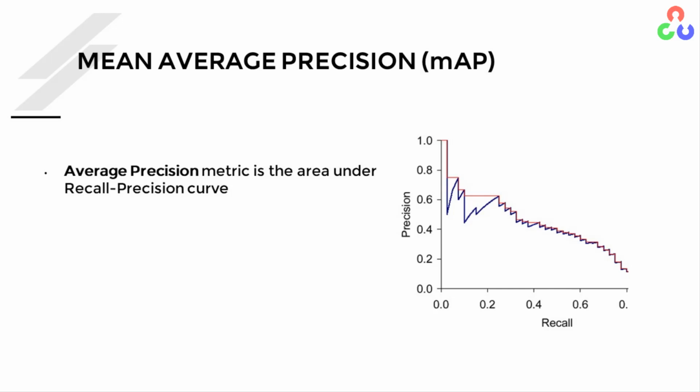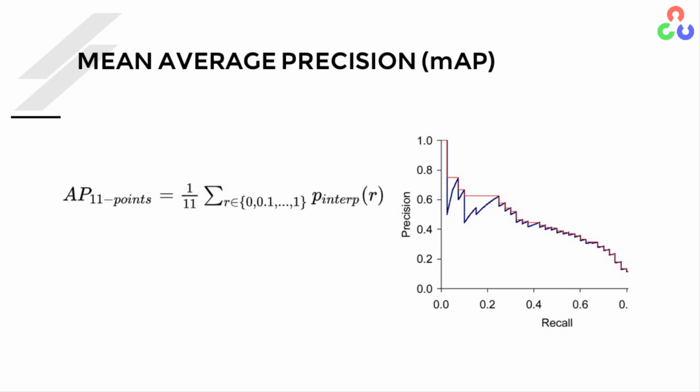For example, to make the metric more robust, typically algorithms use an interpolated version of the recall precision curve. In this case, we do not measure the recall precision pairs for every possible confidence threshold. Instead, we select some points, measure the recall and precision in them, and then interpolate all the values in between. For example, in Pascal VOC dataset, the average precision is calculated by interpolating 11 equally spaced points.